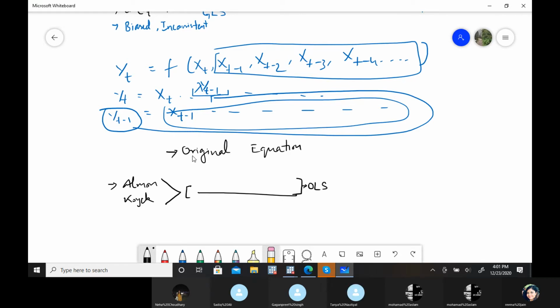Our purpose is to estimate the beta coefficients of the original equation. That is an extra step we have to do. First, you estimate these equations with the OLS methodology, and after that, you have to go back to find the original parameters of our equation.